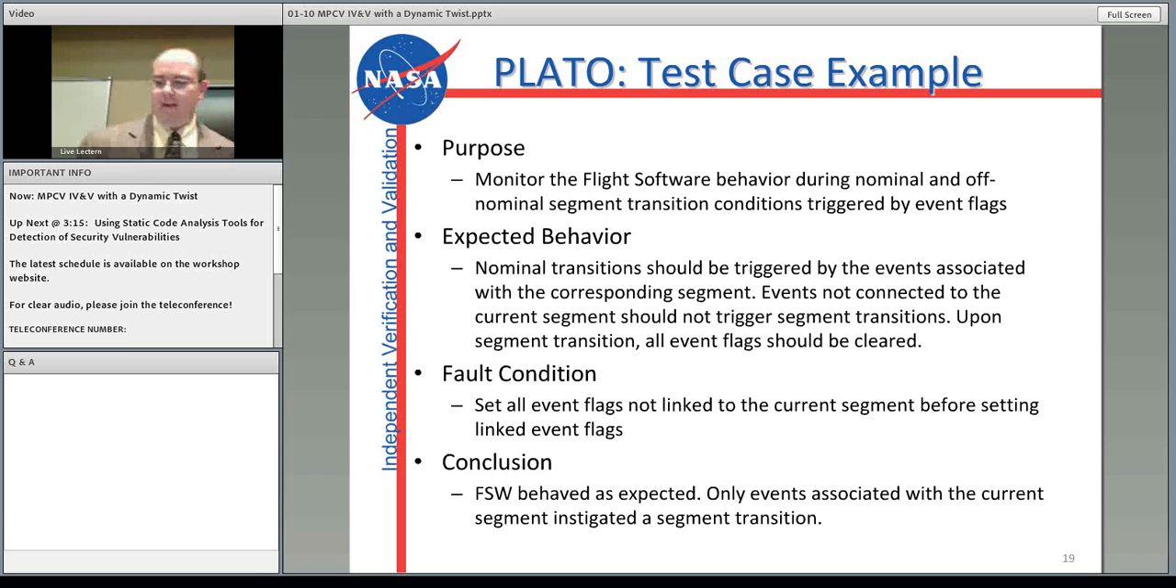Here's my PLATO example, and I want to stick with the segment transitions. Let's just say that the flight software is driven by events, and the events trigger the segments. Throughout the mission profile, we have X number of events, and every segment has some number of corresponding events assigned to it, somewhere between 1 and all of them minus however many segments there are. Once the software has detected the event, it will trigger a flag,